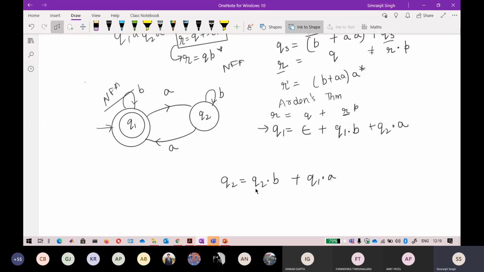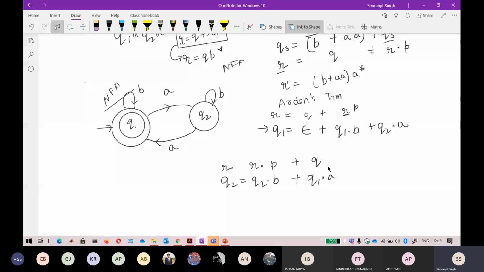Now if I put this Q2 expression directly into that, this Q2 is not eliminated. Again I have to put Q2, again put Q2, but this Q2 is never going to get eliminated. So I see if I can apply Arden's theorem here. This is R, so I can write it like this, RP, because this is R, Q2, and you can write it like this. It is again one and the same thing.